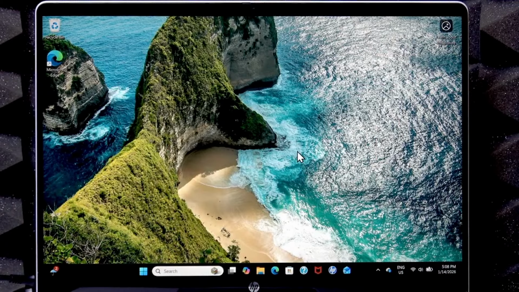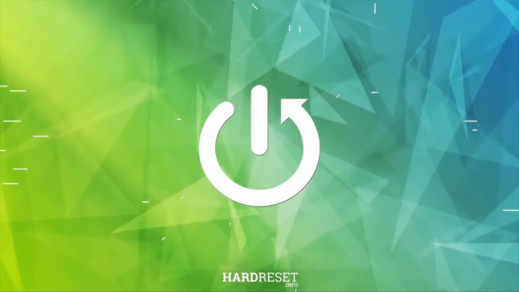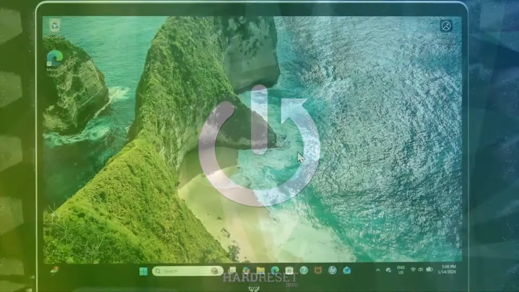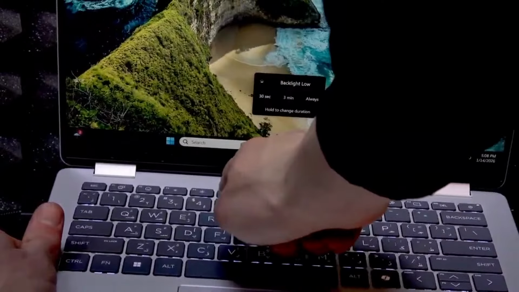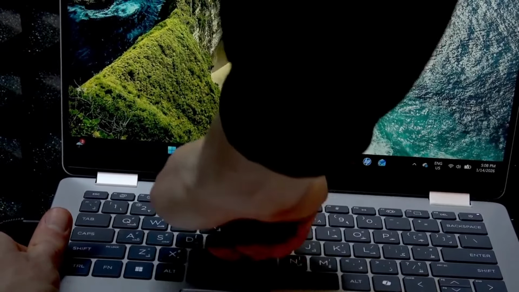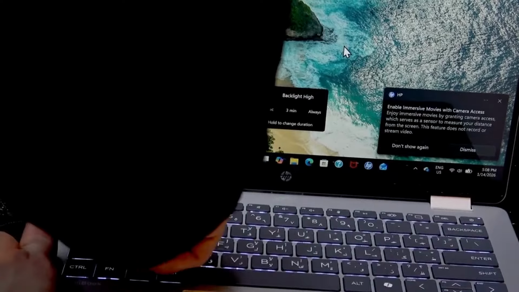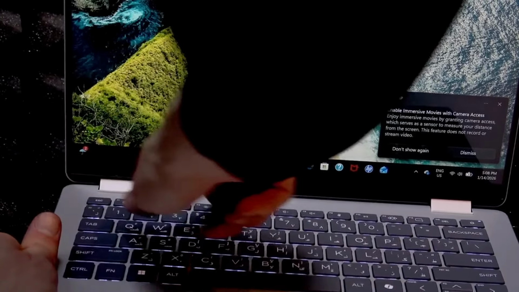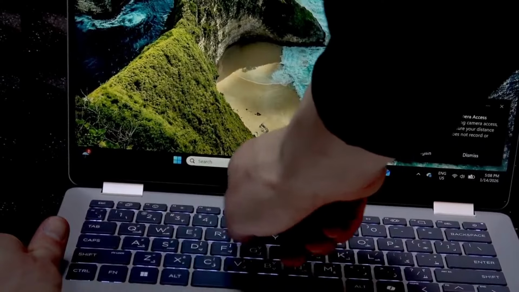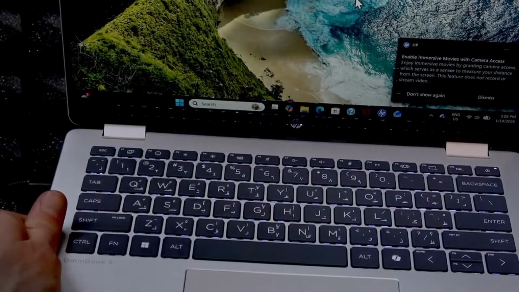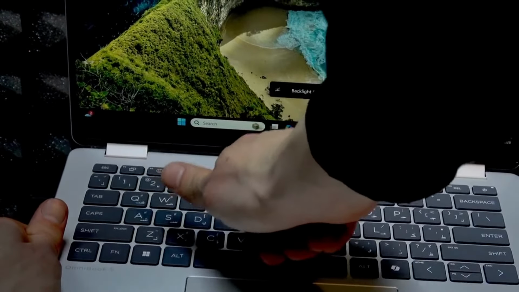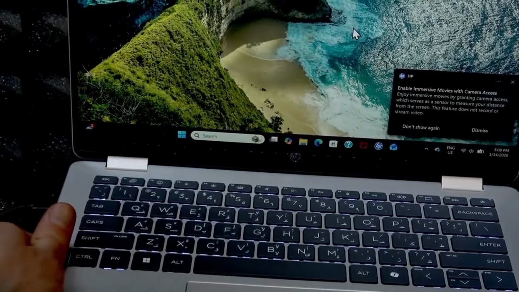Welcome. In this video, I will show you how to fix keyboard backlight not turning on on your HP OmniBook 5 Flip laptop. So let's check our keyboard backlight. As you can see, it is changed by pressing the F5 button, or if it's not F5, then it's the button that has the backlight, basically the glowing keyboard icon on it,